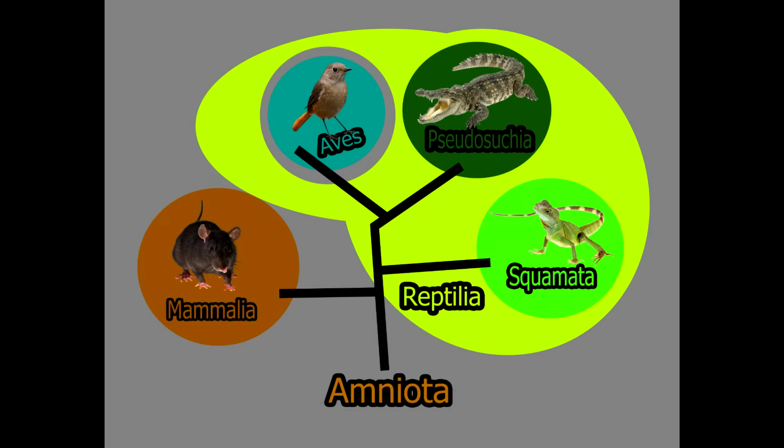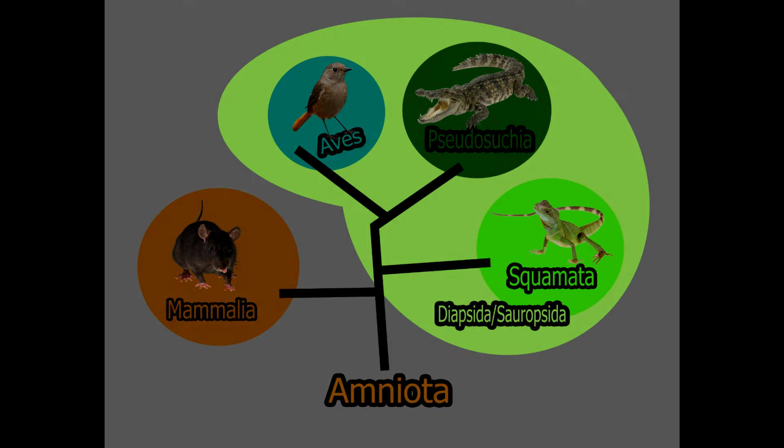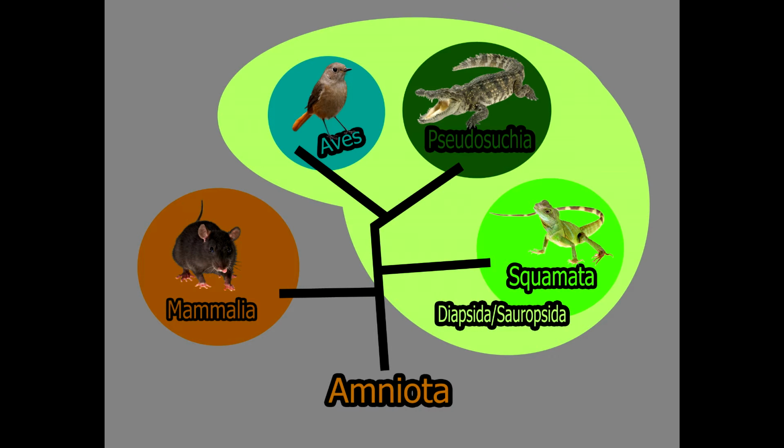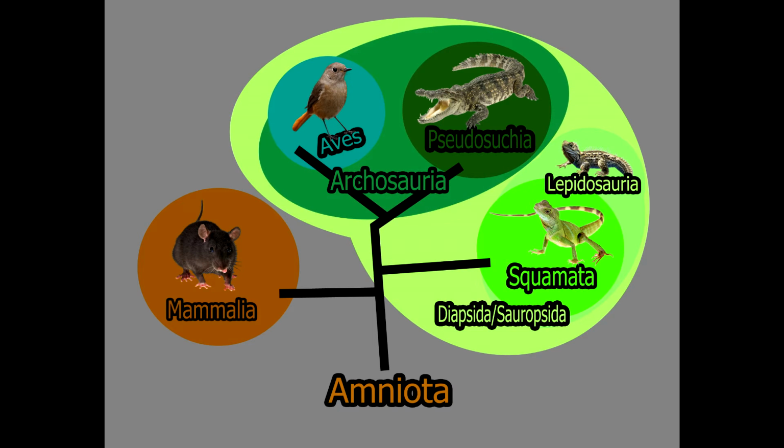In our example, a cladist may offer instead the holophyletic taxon Diapsida or Sauropsida to include lizards, crocodiles, birds, and all of their common ancestors. Since birds and crocodiles are more related to each other than either are to lizards, more clades are made within Diapsida and Sauropsida, namely Lepidosauria and Archosauria,